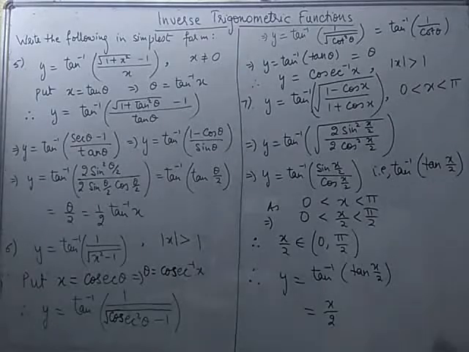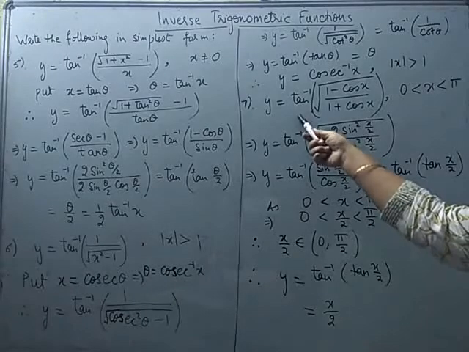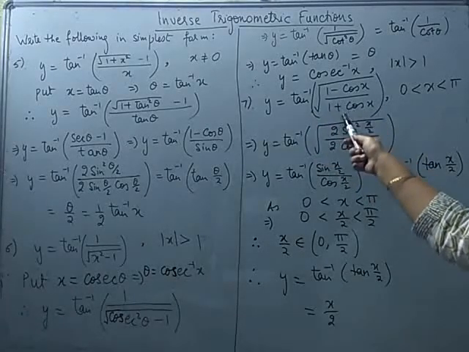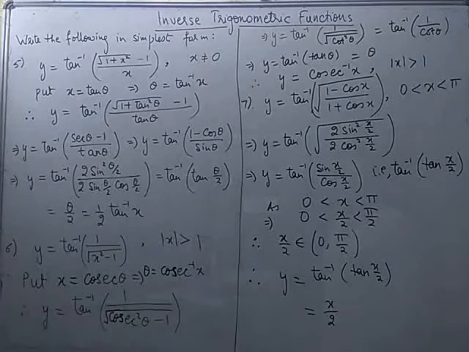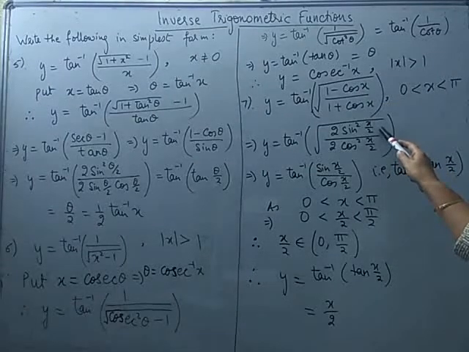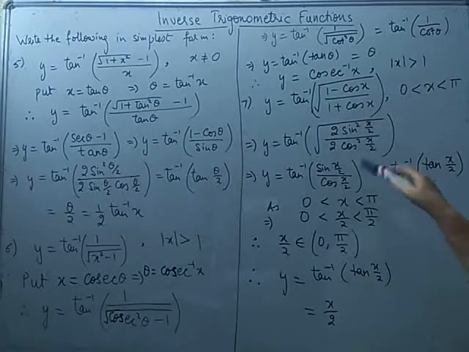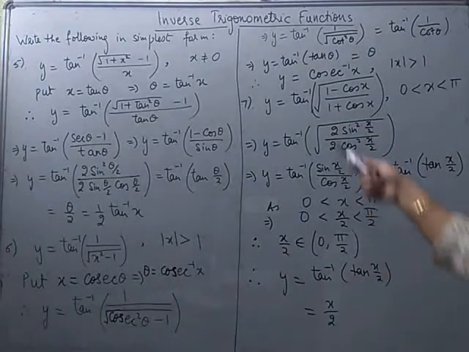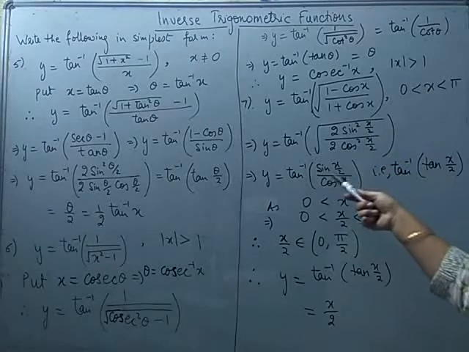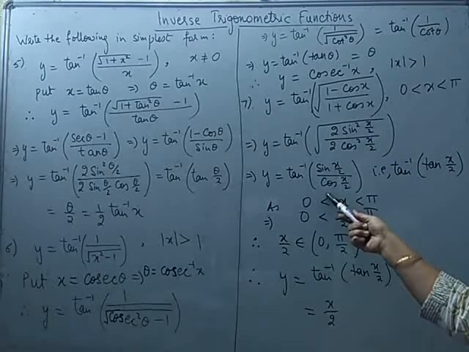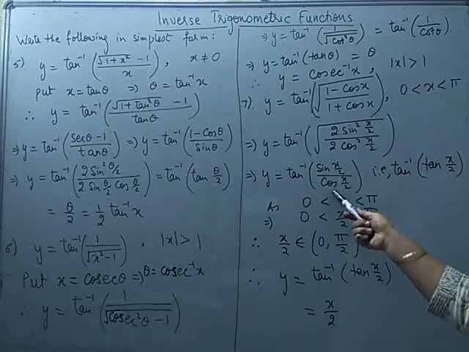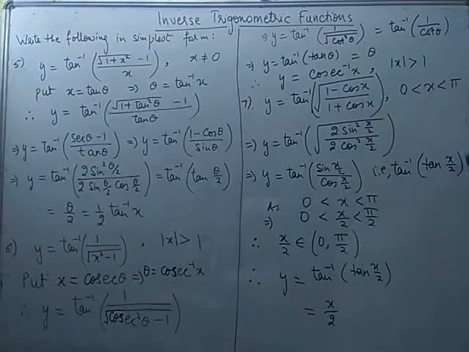Then moving on to the seventh one, you will see here not every time we will do substitutions. Sometimes just using other trigonometric formulas we can simplify it. So y is here tan inverse of square root of 1 minus cos x over 1 plus cos x. 1 minus cos x I have replaced with 2 sin square x by 2, and 1 plus cos x is replaced by 2 cos square x by 2. So 2 gets cancelled out. Both are perfect squares. You can take out the square root, and this is sin x by 2 over cos x by 2, which can be written as tan x by 2. So y is now tan inverse tan x by 2.